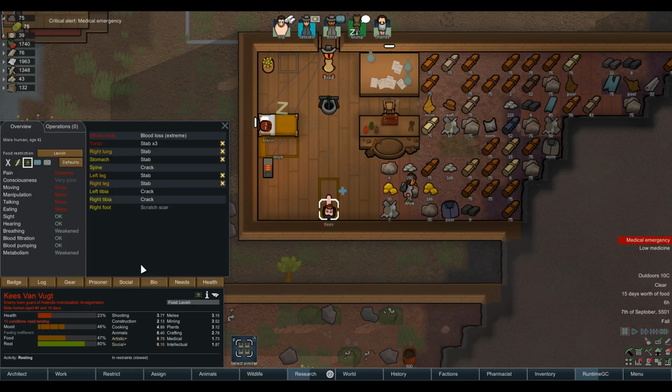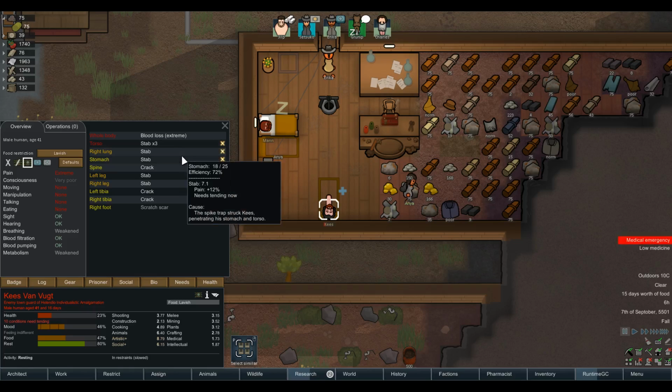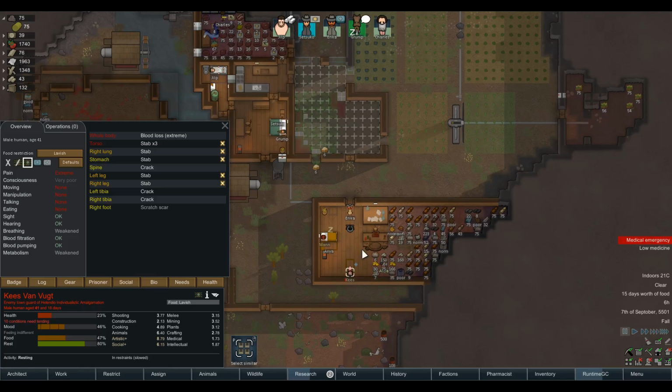Now, actually, because he's so close to dying, what does it say? Medical emergency. So the way stabilizing them works, from what I've read, is that it stops the bleeding a little bit. And then the longer you leave it, the more the bleeding ramps back up again until it goes back to what it was before you stabilized it. So I'm not sure how long you actually have here, whether or not she's got time to go to the freezer and grab some medicine to patch him up, rather than...